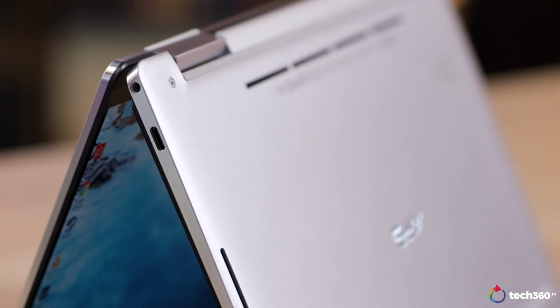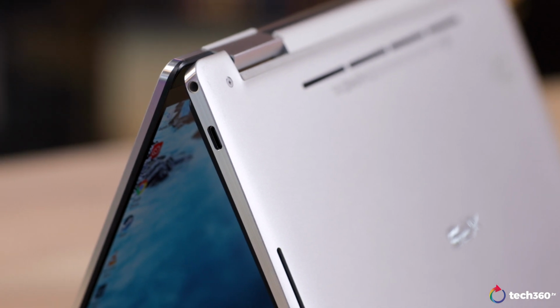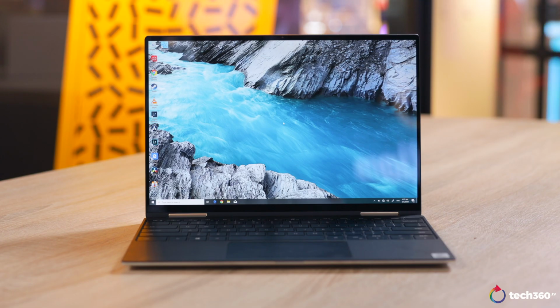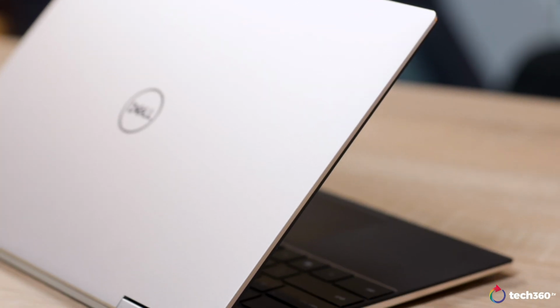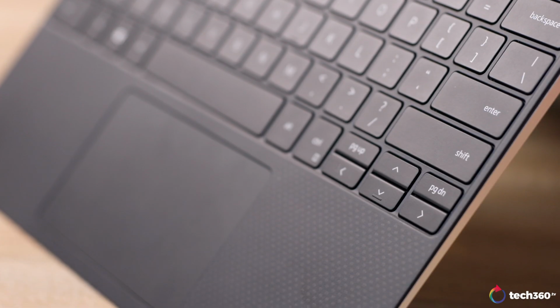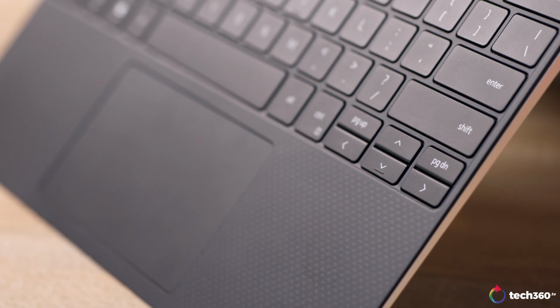If you are familiar with the XPS line of laptops, you will definitely recognize its iconic two-tone color scheme. It's an all-metal build made out of CNC machined aluminum in that familiar silver, while the keyboard deck is made out of a carbon fiber composite in black. That means it pretty much still looks like an XPS, but for us creatives, the most important thing is the